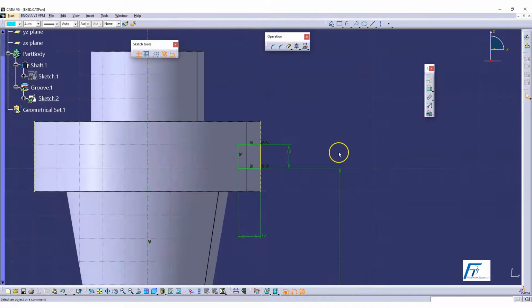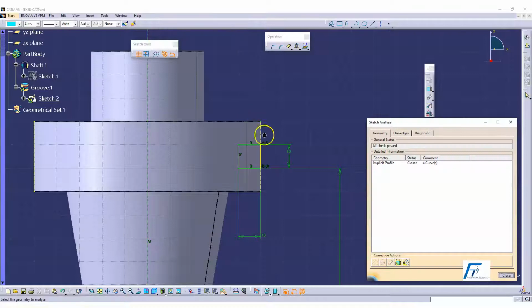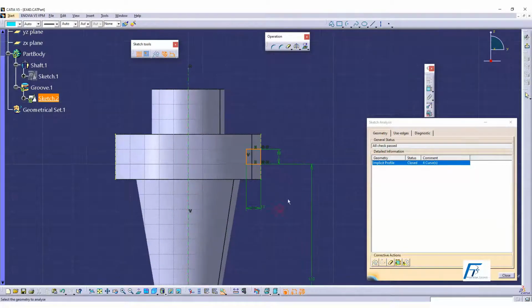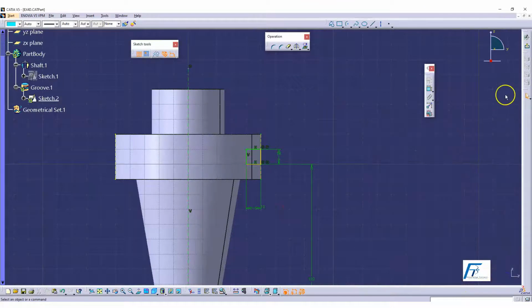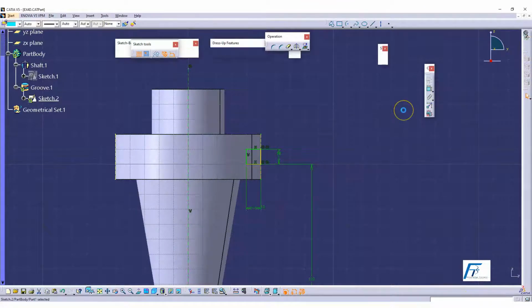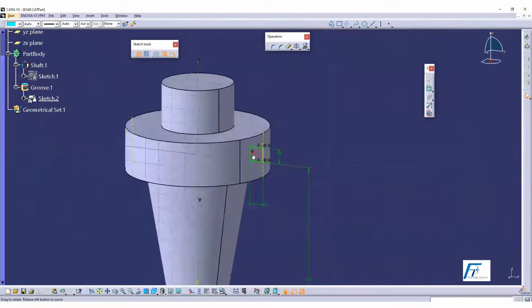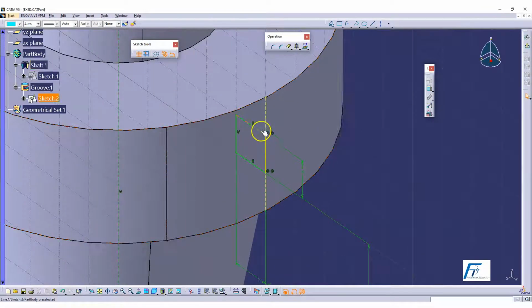So now let's go and check the sketch analysis. Go to my tools, go for sketch analysis. Is the sketch closed? Yes, perfect, closed. And there is no radius playing a role. Always, my sketch is constrained with reference to this. Just double click on the sketch and see that always the yellow line indicates